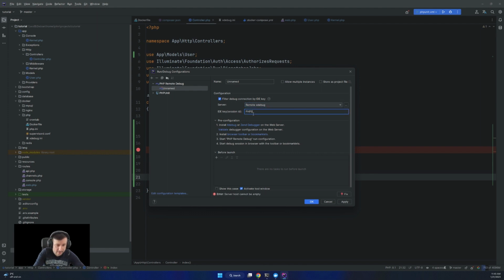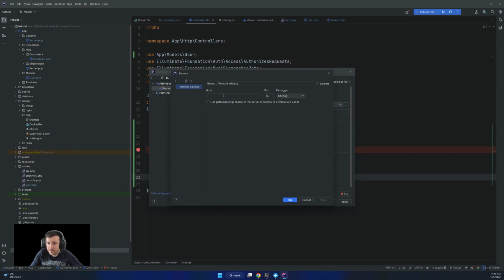So in here we want PHP Storm, and now we need to connect to it. So this remote xdebug, the host will be localhost, and the port will be 9001.